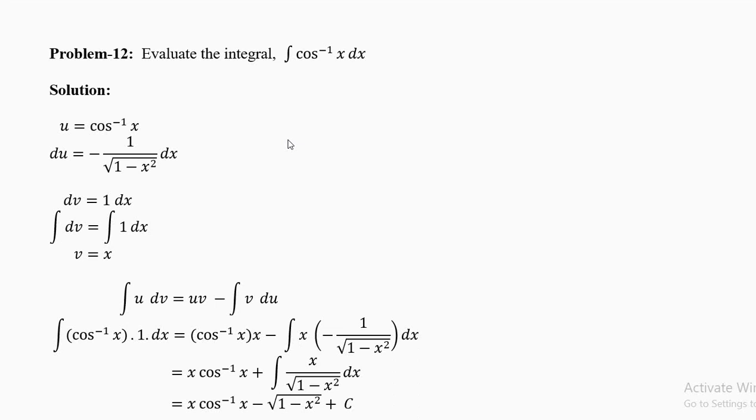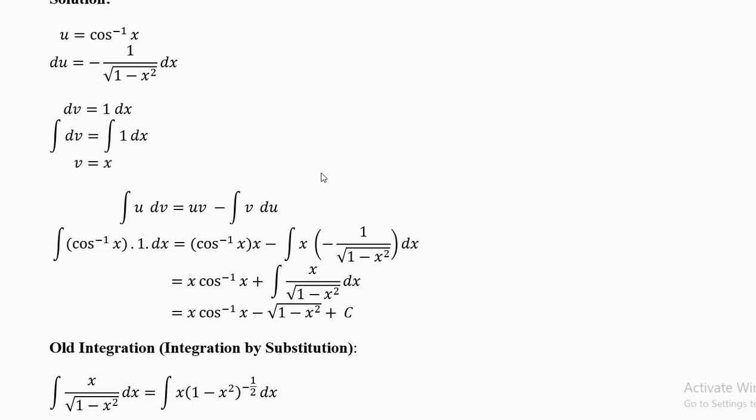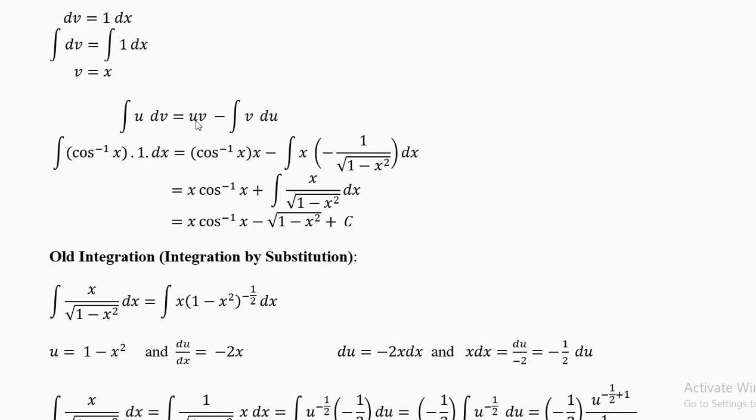Now the same thing will happen for cos inverse, but I will do it for you. Evaluate the integral of cos inverse x dx. Put u equal to cos inverse x, du equal to minus 1 by square root of 1 minus x square. Now we are getting the minus here. dv equal to 1 dx, v equal to x. You now apply the formula integral u dv equal to uv minus integral v du. We'll get cos inverse x into x, and we write the x first, we'll get x cos inverse x. Now v equal to x and du equal to minus 1 over square root of 1 minus x squared dx. Now take this minus outside, you'll get plus x over square root of 1 minus x square.